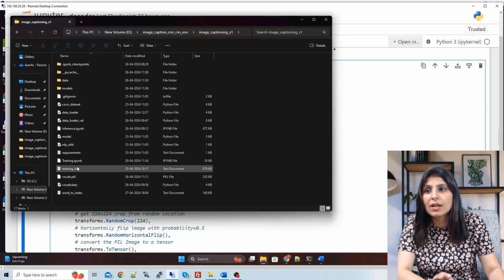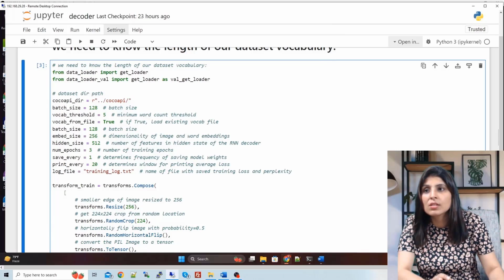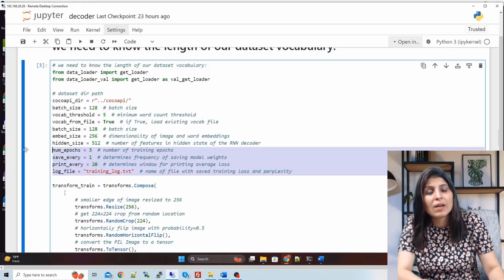You can see that file over here, vocab.pickle. So we will load the vocabulary, meaning the unique words used in our data set, from this file. So that's why vocab from file is true, batch size is this, embed size is 256. We need this embed size parameter in the encoder. Okay, these 4 lines we don't want right now.